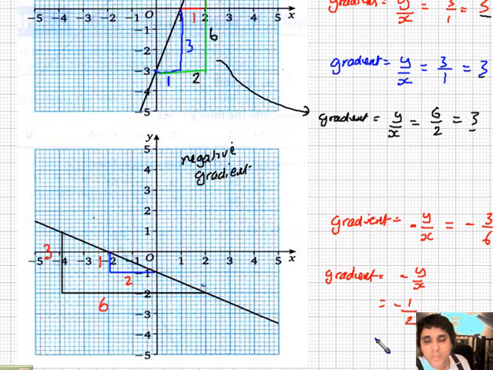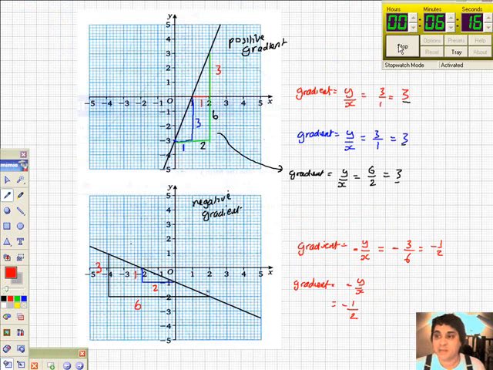So it doesn't really matter where you draw it, just got to be really careful to count the squares carefully, to get the scale right in your mind, and to divide it appropriately. Please don't say 3 divided by 6 is 2. It's not, it's a half, and this gradient is negative. Alright, let's see if there's any more I can do there. Now I'm going to stop there just to introduce the way of finding the gradients of straight lines, whether they're positive gradients or negative gradients. I'm just happy to leave that. So you study that now, and I'll see you